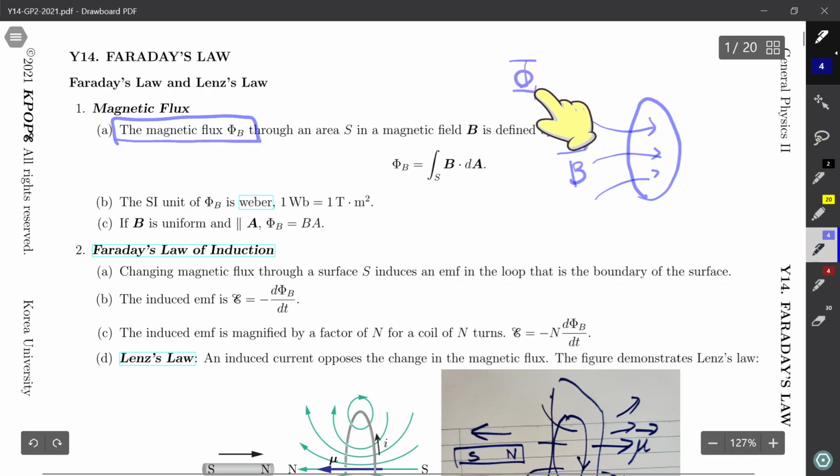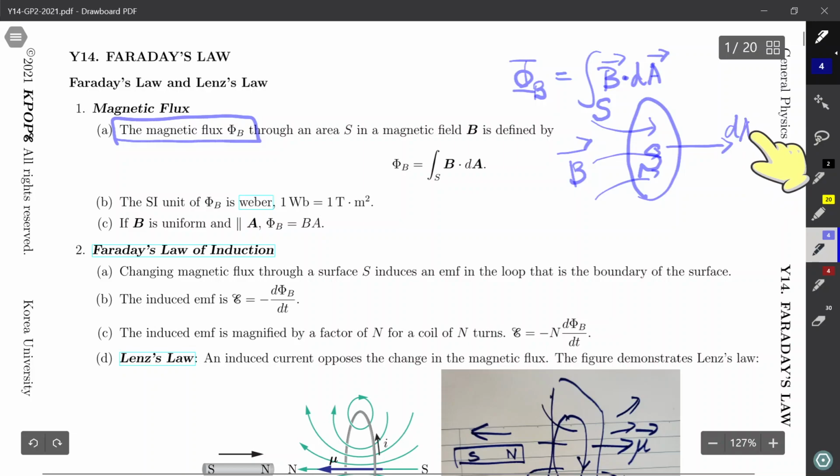Φ_B by the integral of the magnetic field. So we make a scalar product with the differential area dA over the surface. This is the surface. dA should be normal. The direction of dA is normal to the surface, and if we follow